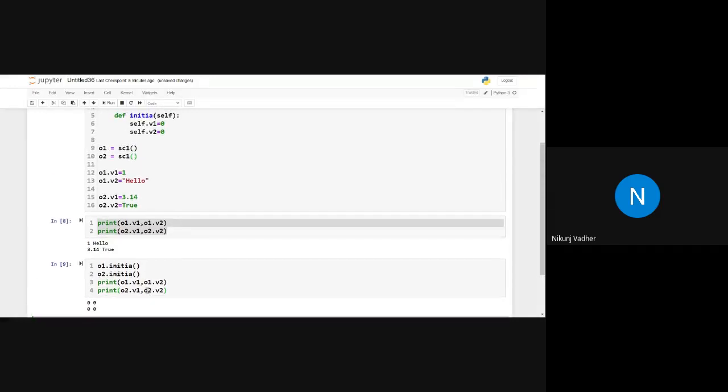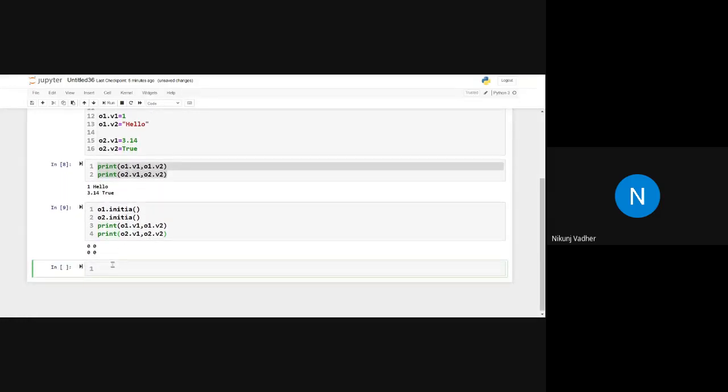Now here let's do one thing. Let's create another object. Object o3 equals simple class 1.